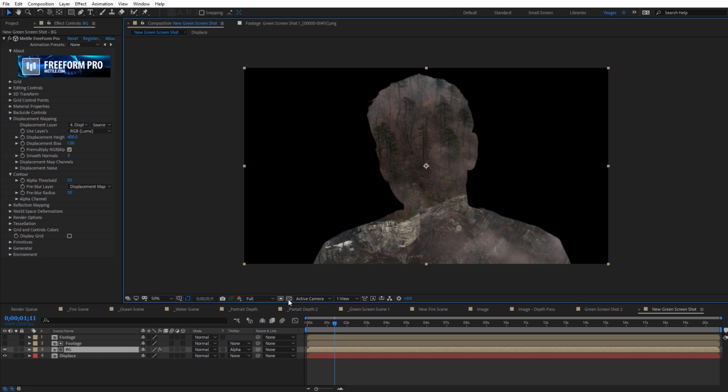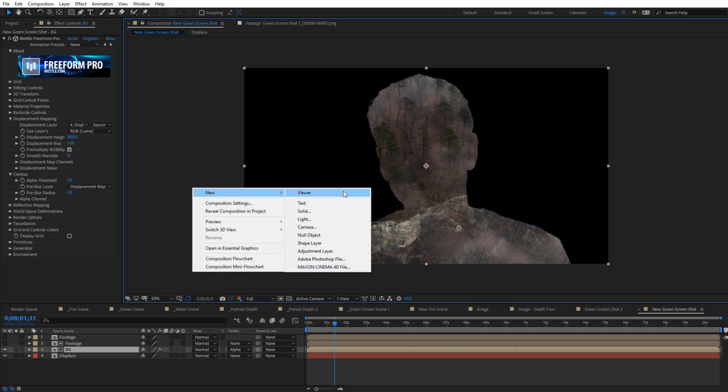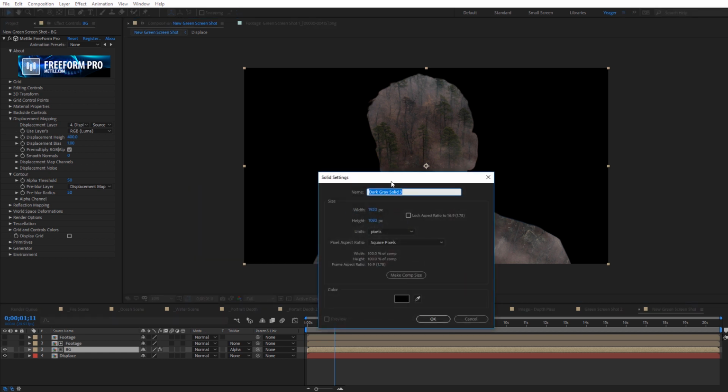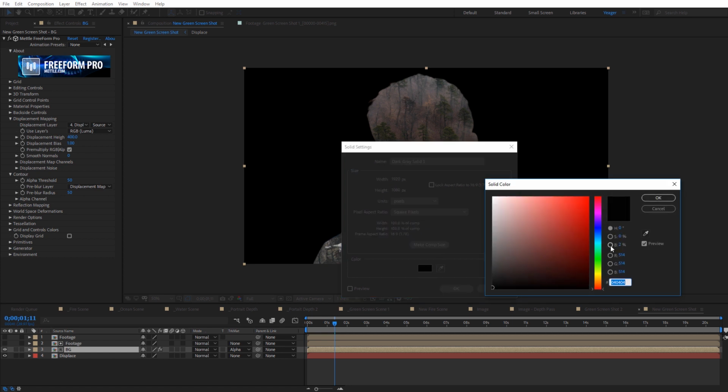And because we have this broken down into so many different variable pieces, we have a lot more options we can do. So with the background here, I could create my own custom background now. So I'll just do a new solid, and I'll make this be kind of a light colored blue solid.